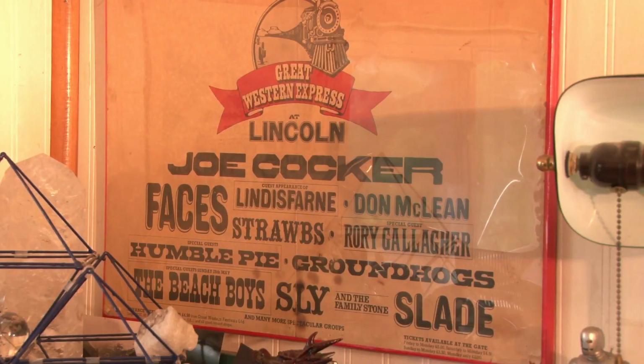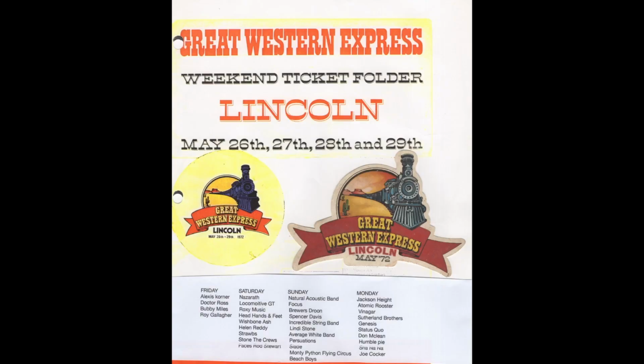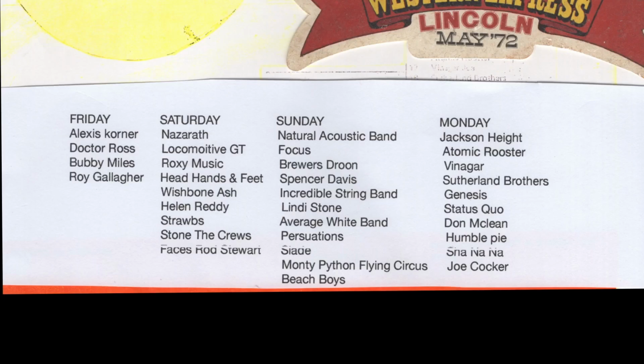So this Great Western Express poster was a concert in Northern England. It was a 4-day Woodstock concert, and the lineup was incredible. The bands that played there, I'll just name you a couple of them: Buddy Miles, Roxy Music, Helen Reddy, the Strawbs, Rod Stewart and the Faces, the Beach Boys, Monty Python, Spencer Davis, Atomic Rooster, Genesis, Don McLean with his famous hit at that time, Sha Na Na, and Joe Cocker closed the show because he was big in those